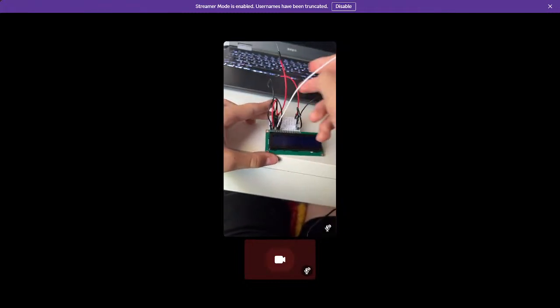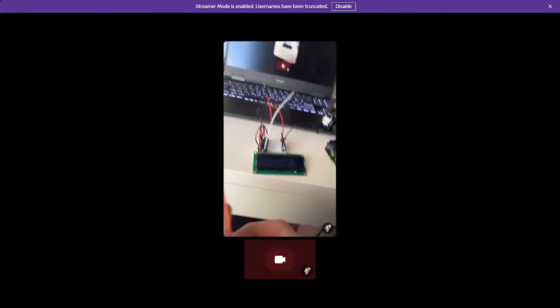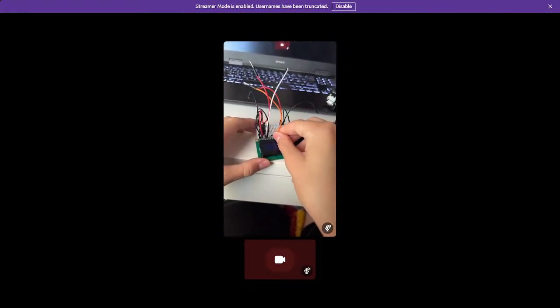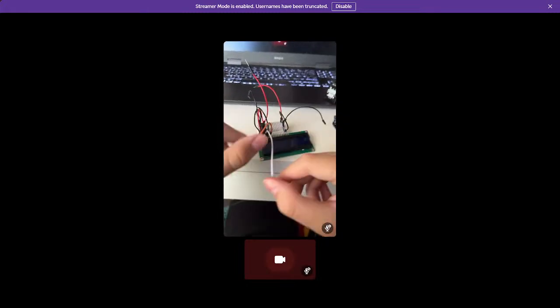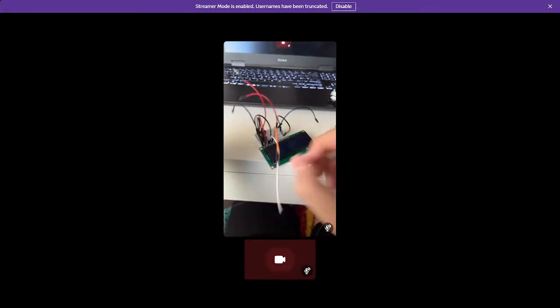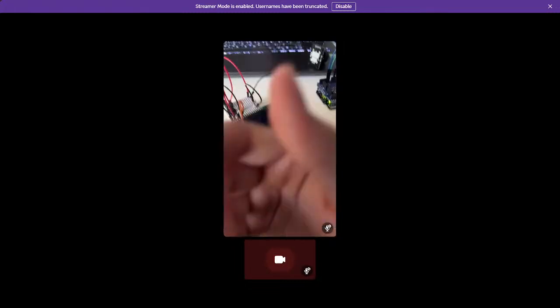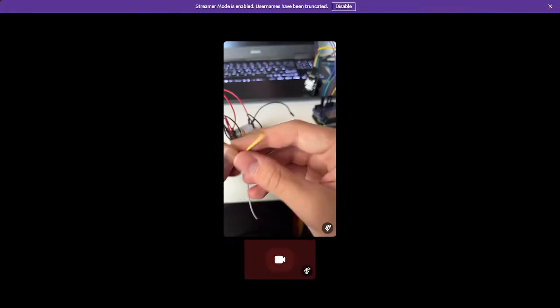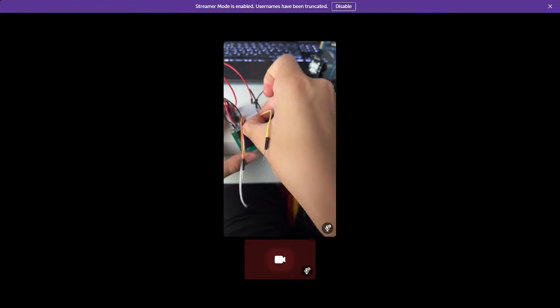There we go. Now we can grab an orange one, put that in E. I'll just face these this way for now. I'll get a yellow one, put that in D4, which is really D5. They just like doing it from 0. It does make sense, but